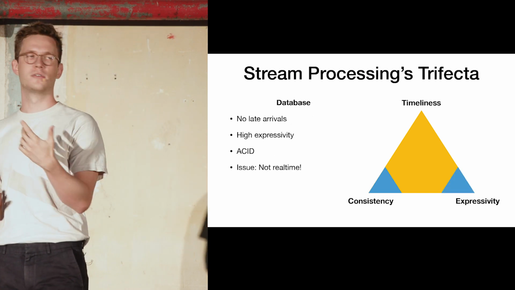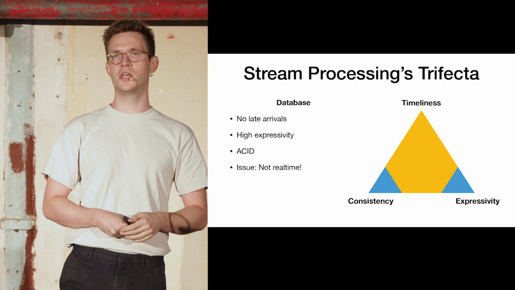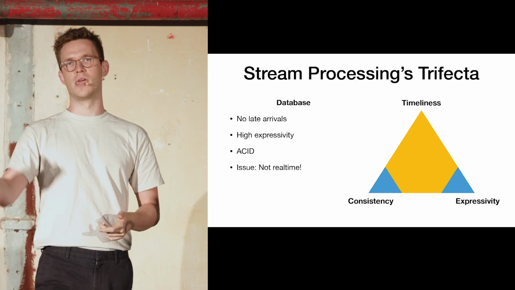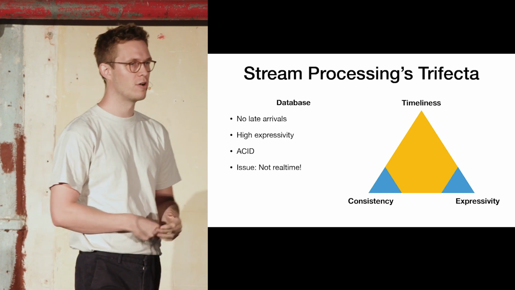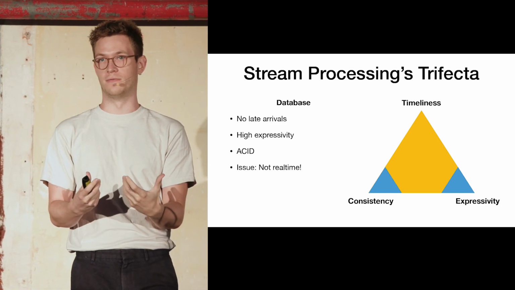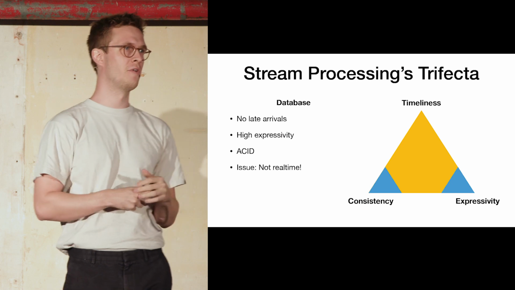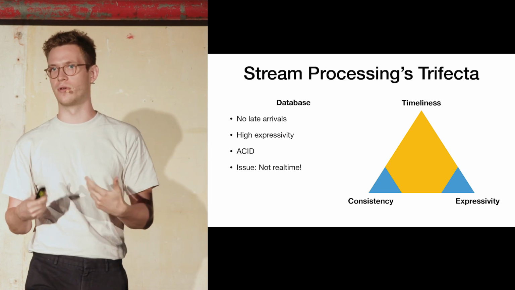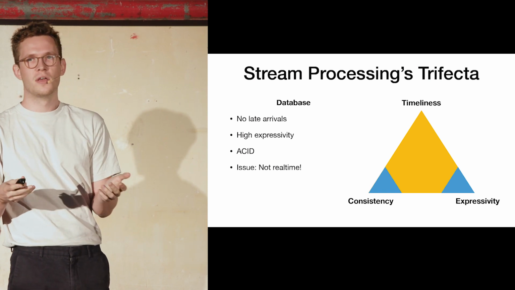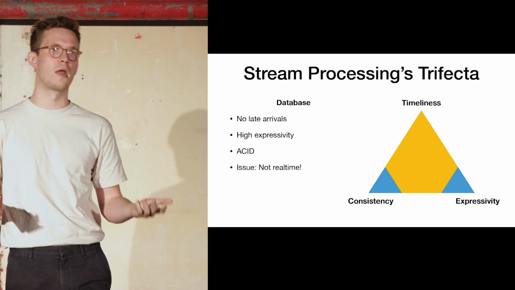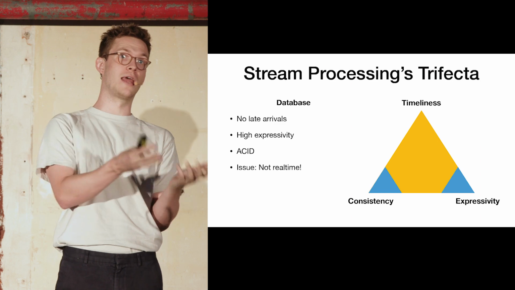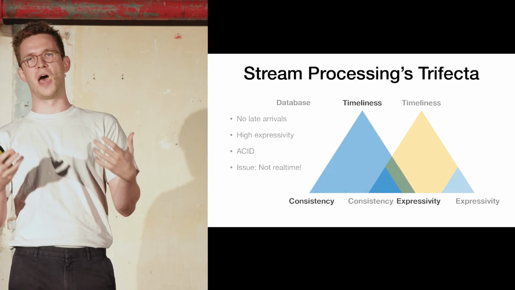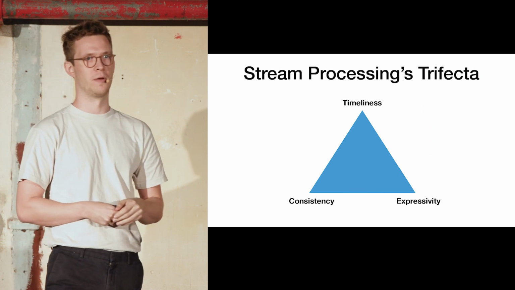Lastly, if we focus on consistency and expressivity, we could just say, well, let's use a database, since we have the ACID properties giving us consistency guarantees, and we are very expressive. So this is like the pinnacle of interaction with the system. We have even support for declarative and recursive queries. But since we're talking about stream processing, this can't be a solution, since we're now using a database and not stream processing anymore. So, how do we obtain this trifecta?